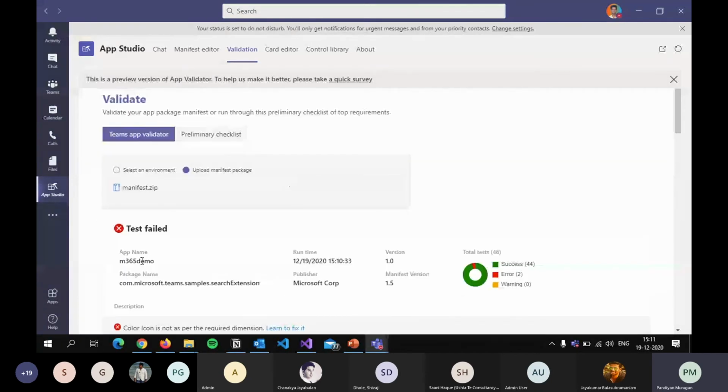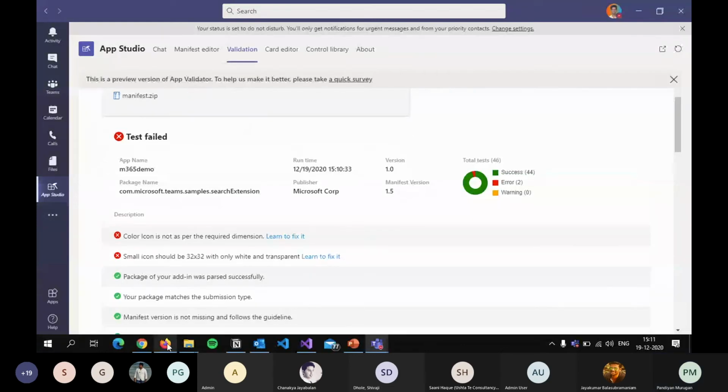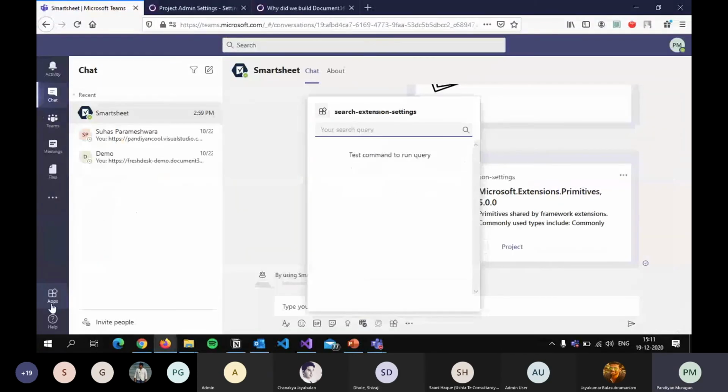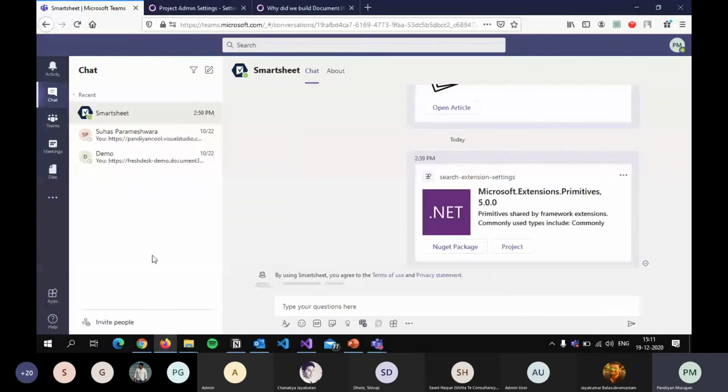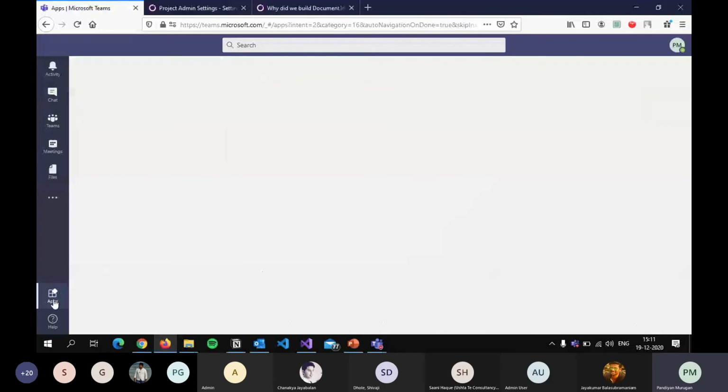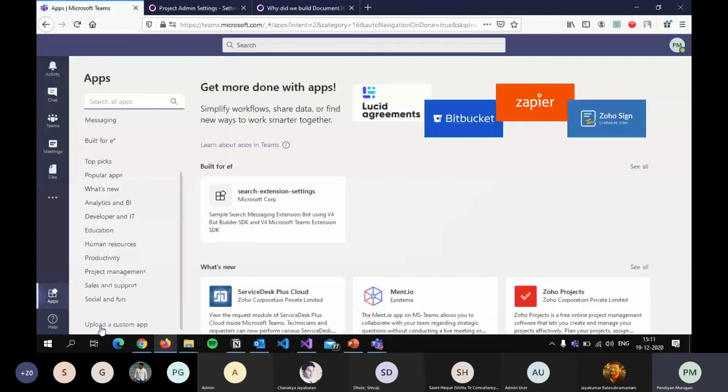We can check the app inside our real Teams testing. To upload these things, basically in testing locally, you need to have admin credentials or a privilege to upload the custom package. You can go to the apps page and click upload a custom app, and this is basically the name.